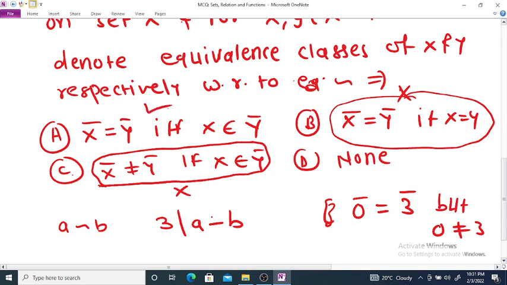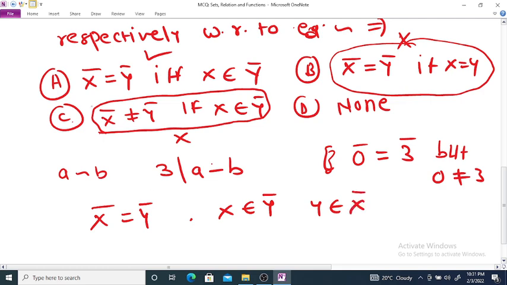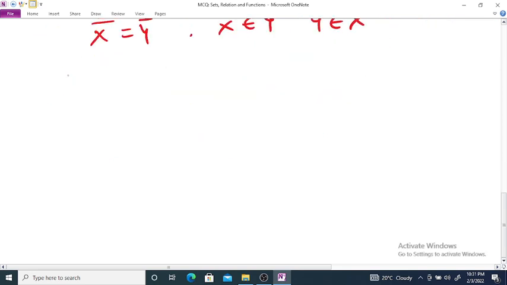So the correct option is what? x bar is equal to y bar. If for any two equivalence classes x bar is equal to y bar, then either x belongs to y bar or y belongs in x bar. Okay, so the correct option is what? Option number A. So next, for example, if you take the simple example here, x related to y, if and